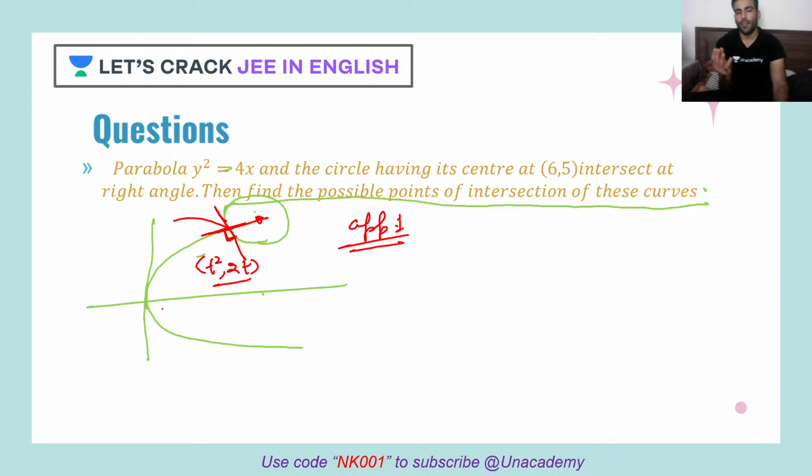Now just imagine, the parabola's tangent is normal to the tangent of the circle. That means the parabola's tangent is passing through the center of the circle, correct? Because the circle's tangent normal is the radius, correct? So if that is the case, you can use it to find the variable t. And when you find the variable t, you can easily tell me the intersection point, right? Let's do that. So this became my approach number one.